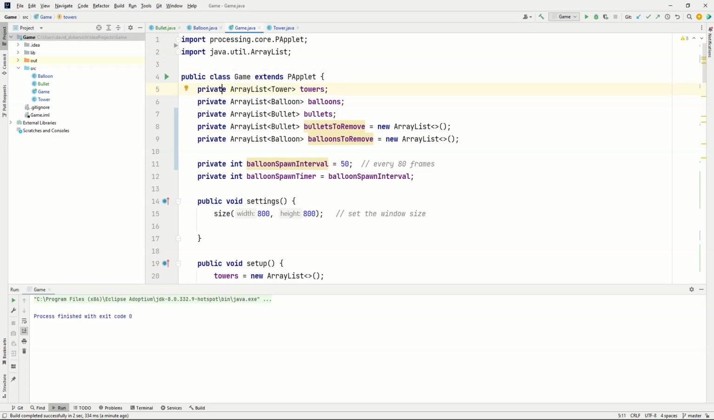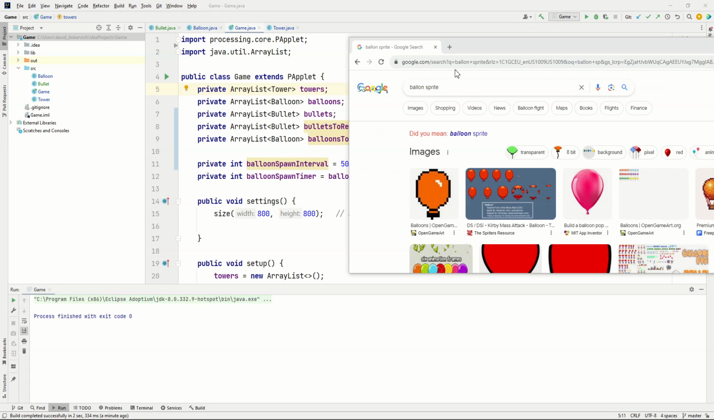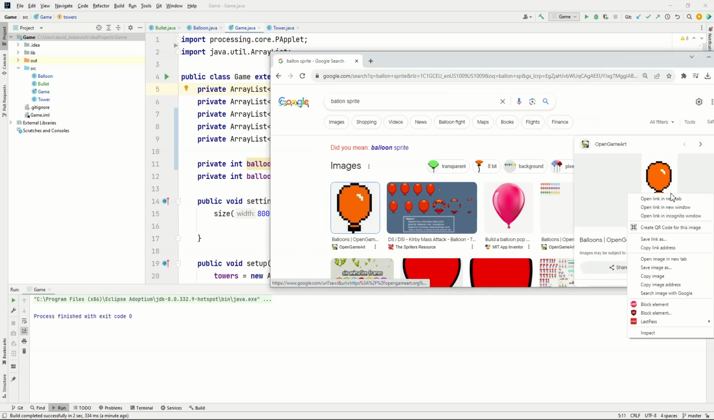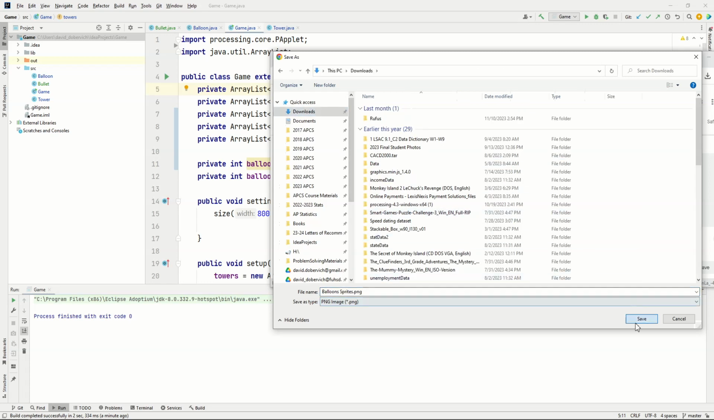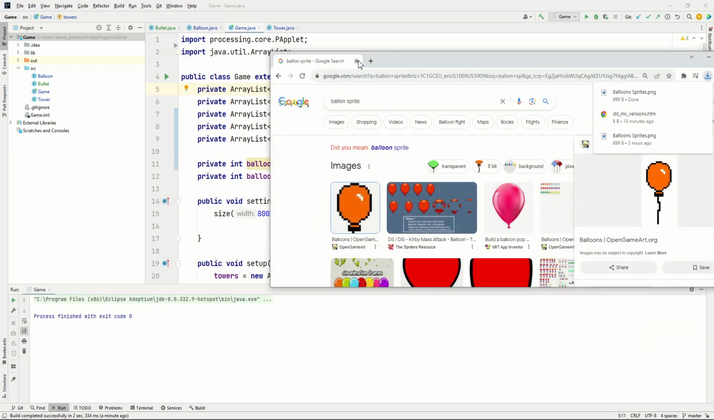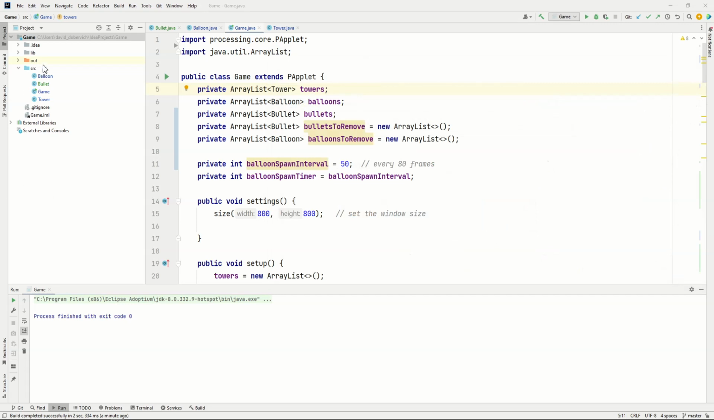So let's start by getting the image. So here I am. I've searched for balloon sprite. I'm just going to right-click and say save image as. It's saving as PNG file format, and that seems fine. And I'm going to save it here in my downloads. Okay, so now it exists in downloads, and now what I need to do is copy it